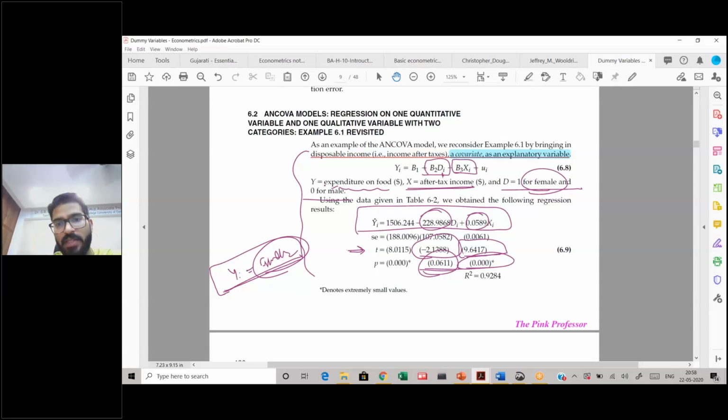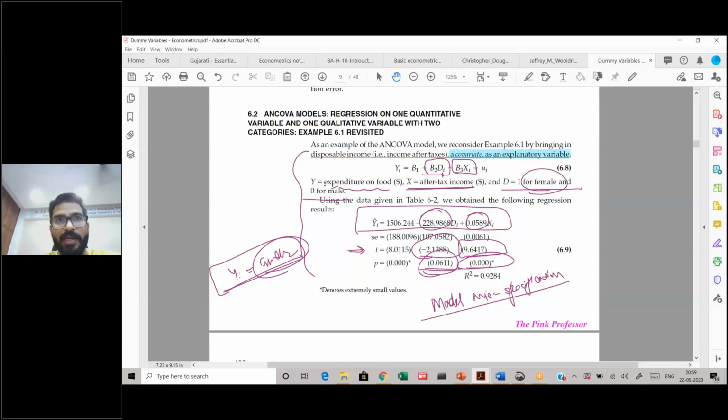It happened because of something we will also understand in our last chapter, which is model misspecification. So what is model misspecification? Here, ideally your expenditure on food definitely should be dependent on your income. If you're not taking income as a factor, it basically means that you are leaving out a variable of key importance and you're not considering it. In those cases where a variable should be included and you haven't included it, it makes a case for model